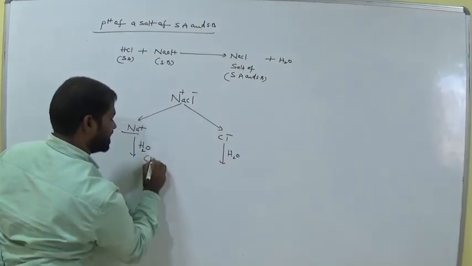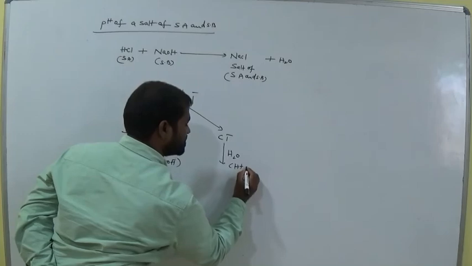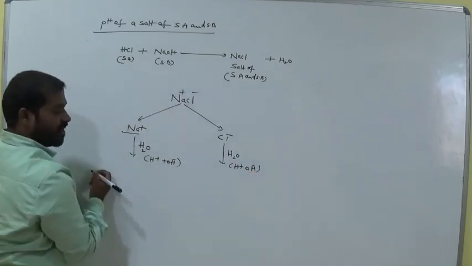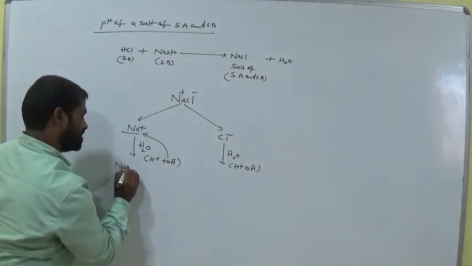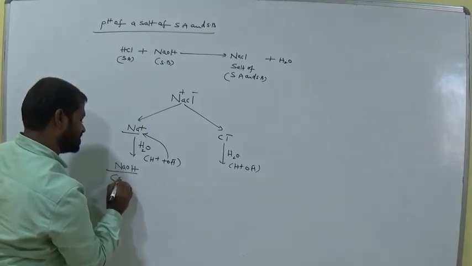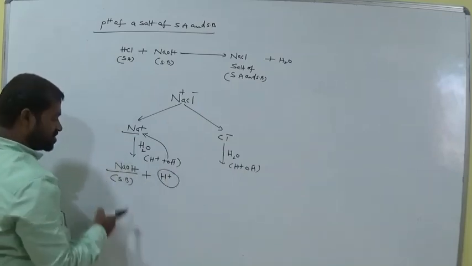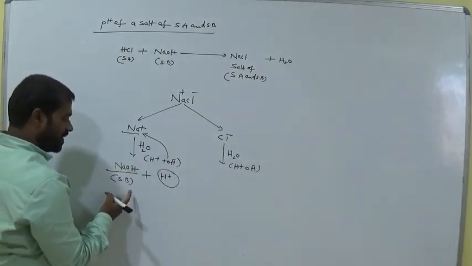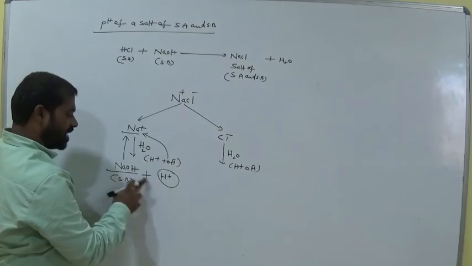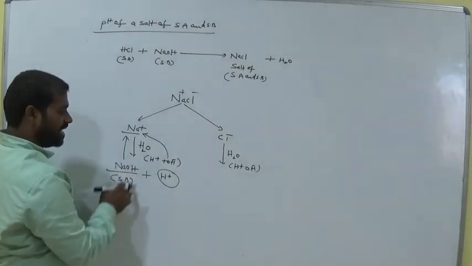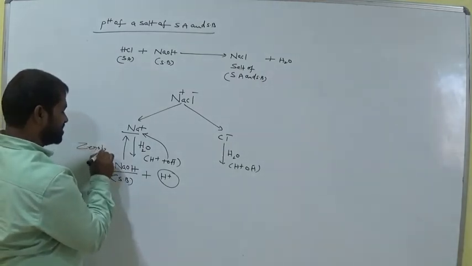Now what are the ions present here? H plus and OH minus. The positive Na plus combines with the negative OH minus. Now what does it give? NaOH. You know very well that NaOH is a strong base. Now what is the remaining ion here? H plus. So due to the strong base, again it is reversible. We already discussed this. Due to the strong base, NaOH and H plus again give Na plus and H2O. So is it completely reversible or not? What we call it is zero hydrolysis.